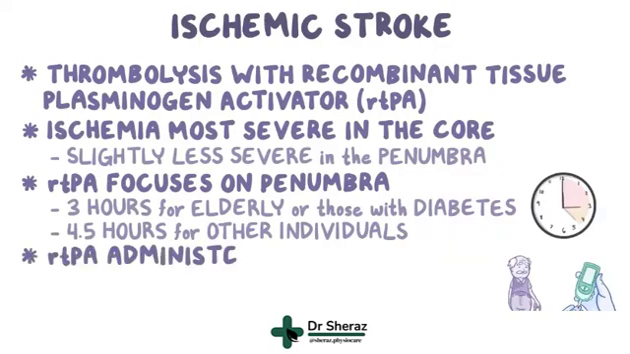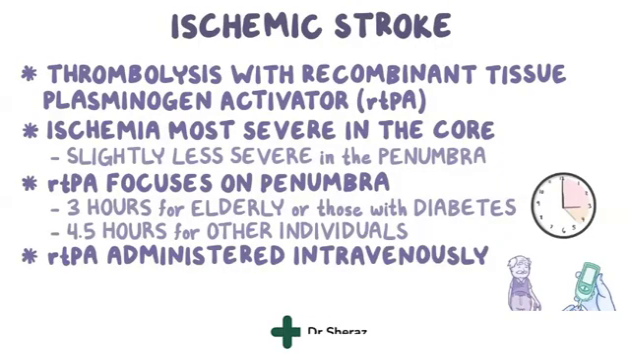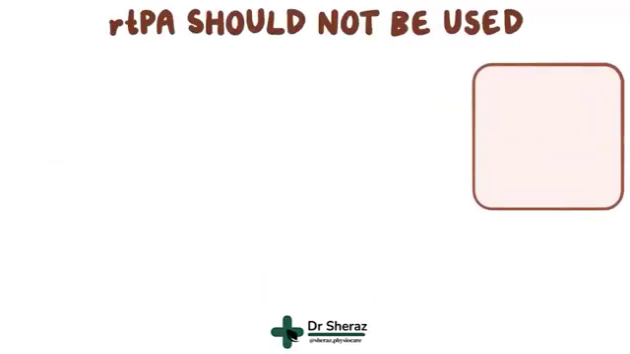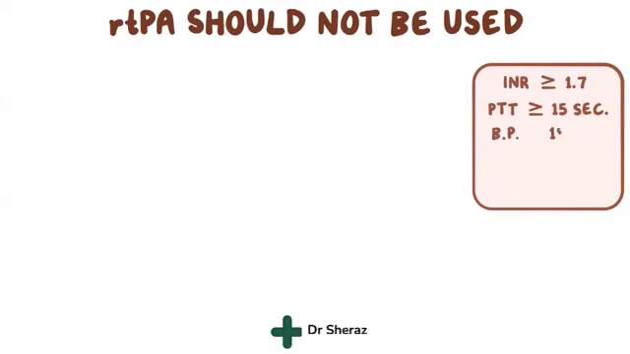RTPA is administered intravenously and dissolves blood clots throughout the body, so it can potentially cause serious bleeding. In fact, in ischemic stroke where blood vessels are fragile and damaged, giving RTPA can lead to hemorrhagic stroke. So with that in mind, some situations where RTPA shouldn't be used include when an individual has an INR of 1.7 or above, has a PTT of 15 seconds or above, has a blood pressure of 185 over 110 or